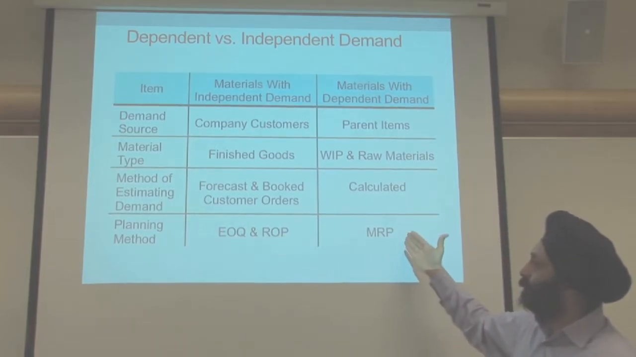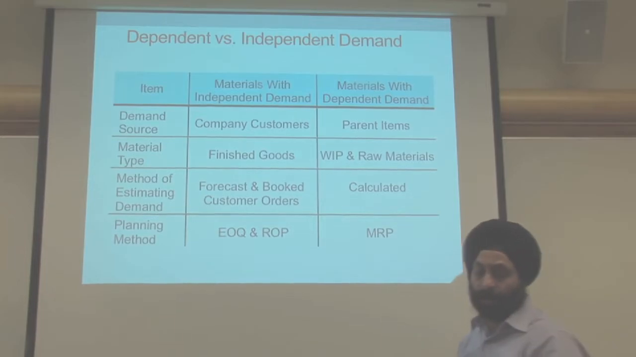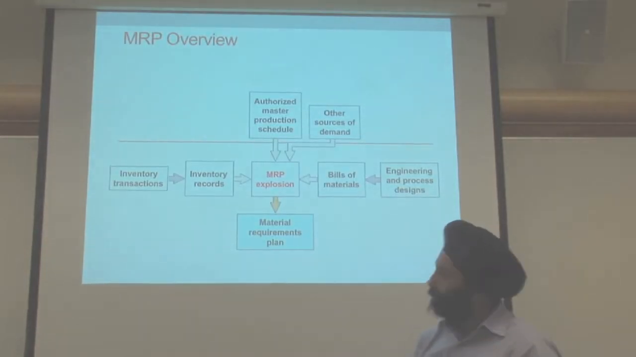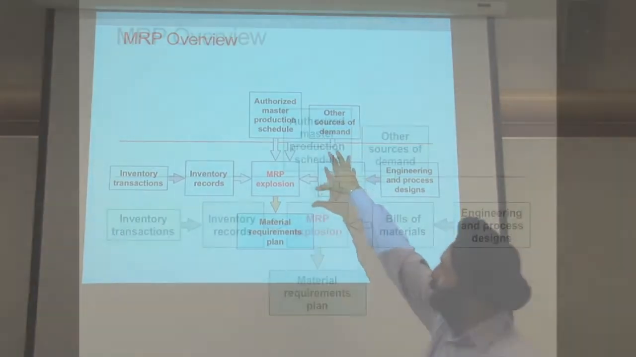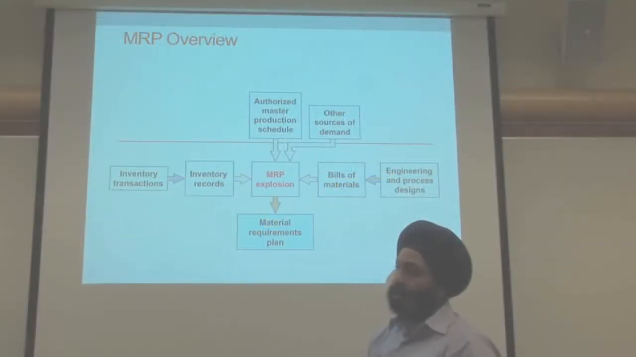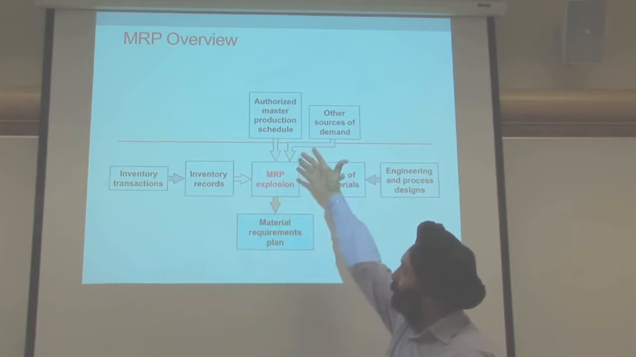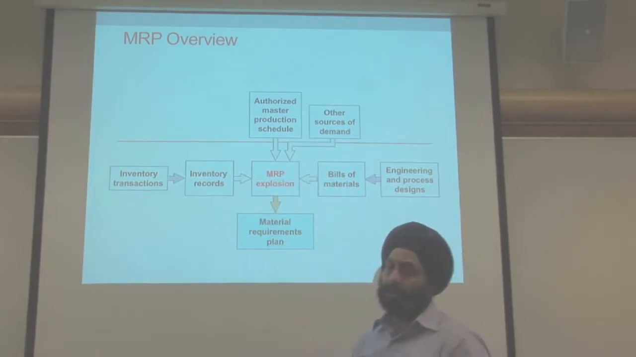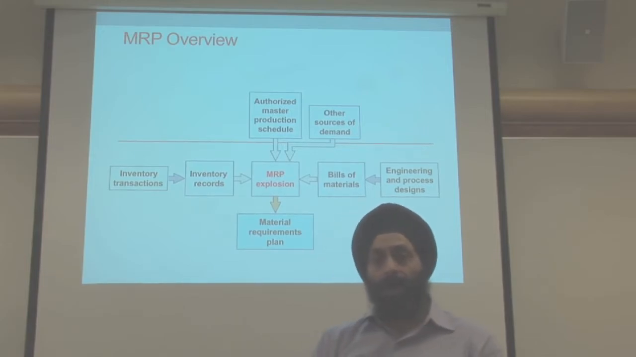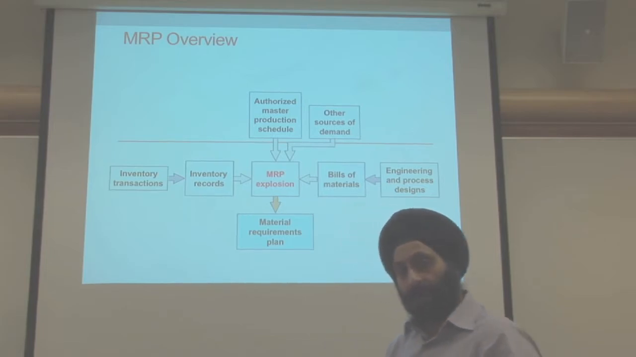Whereas in this case, we plan using MRP. So that's the difference that you see. And in this case, the overview, basically, we have the authorized master production schedule and other sources of demand. So for example, the table that we mentioned in the previous example, you have an authorized master production schedule, which is 100 tables are needed, so we know we need 100 tabletops and 400 table legs,